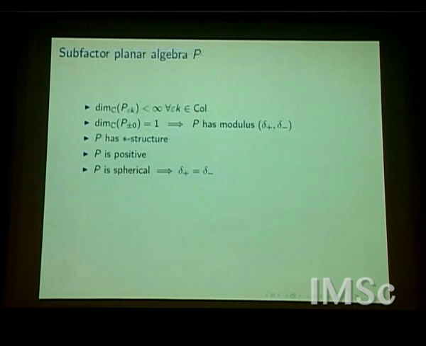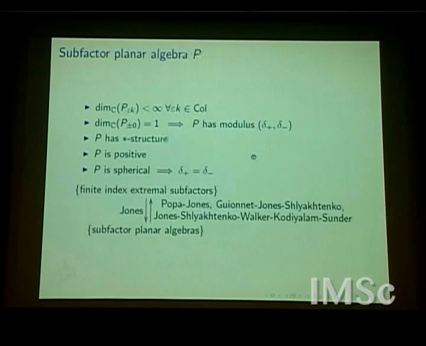Spherical means that the tangle is spherically invariant. So, if you put the tangle on the sphere and turn things around the sphere, the action does not change. So, that says that these two moduli should be the same. Now, a planar algebra satisfying all these conditions is called a subfactor planar algebra, and what Vaughan Jones proved in his 1998 paper is that,